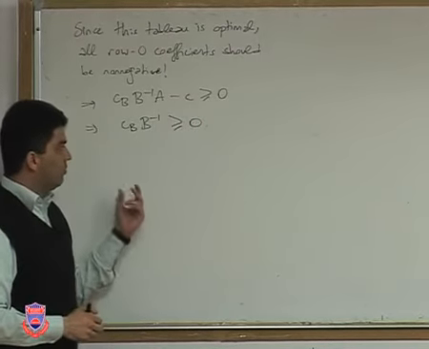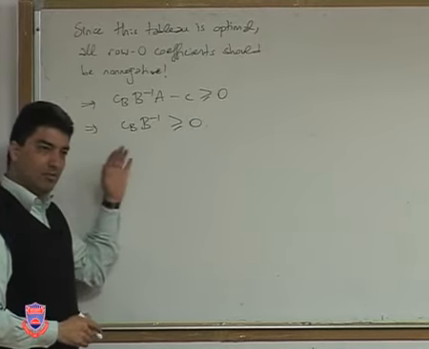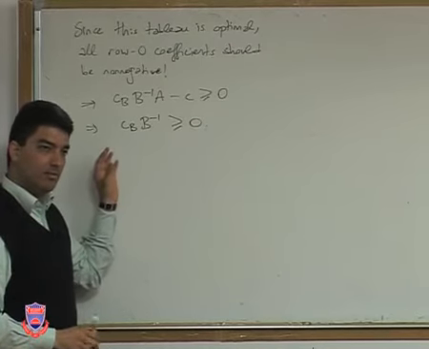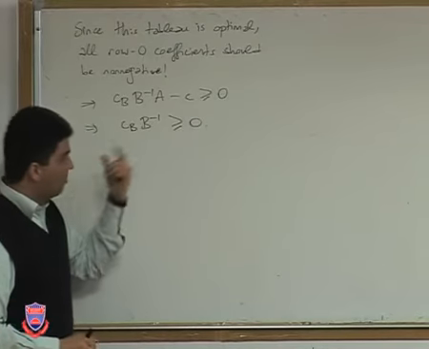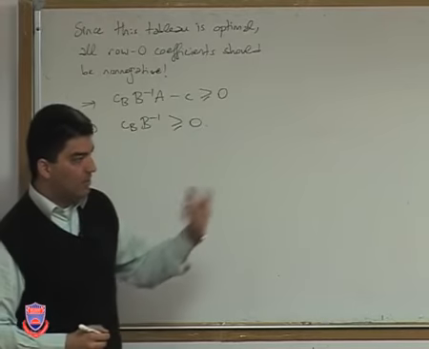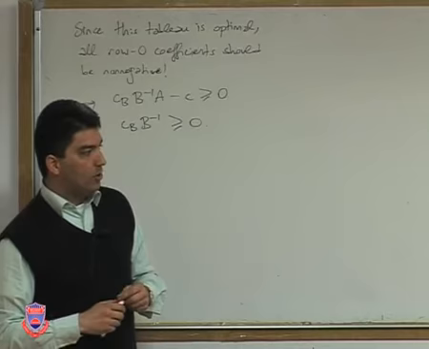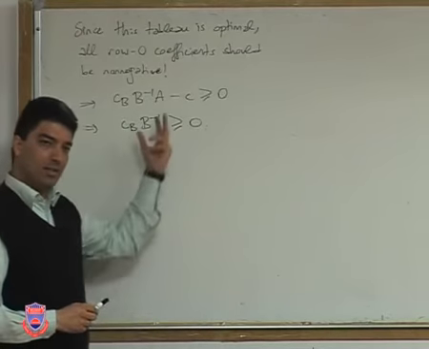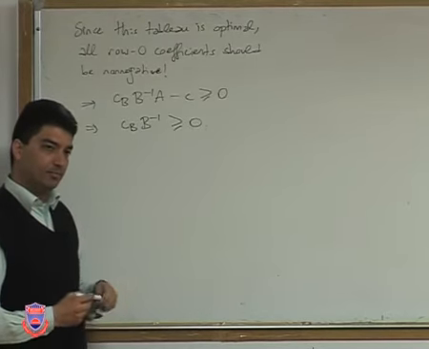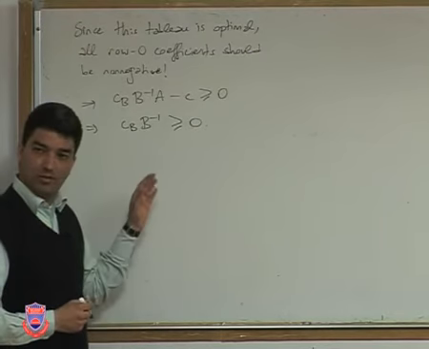So before I move on, is everybody happy so far? Is everybody following? Okay. I'm just making a simple observation that, by definition of the simplex method, if this solution is optimal, then all row zero coefficients should be non-negative. And I'm just writing them as inequalities, basically, okay? Any questions so far?